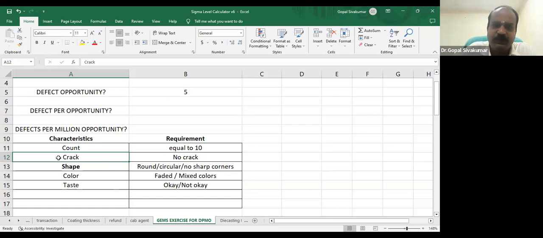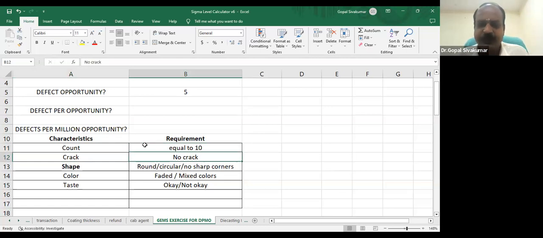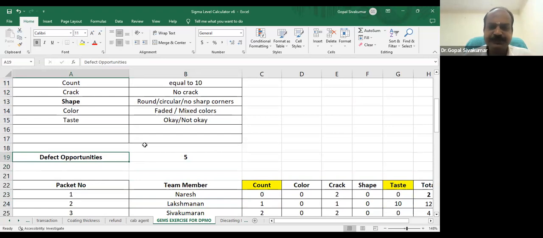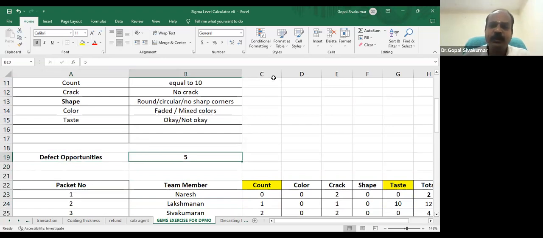And then similarly, note down on a piece of paper how many defects you are able to notice with respect to these 5 CTQs, in the same order I have written. You should also write it down in a notebook, and I will collect the data from some of you. Maybe some 10 to 15 people can volunteer and give me your data. And people who are on the video will be given the preference.